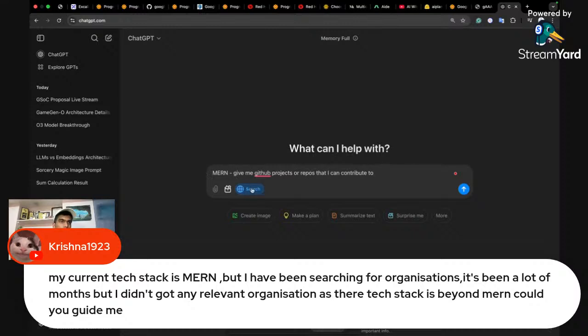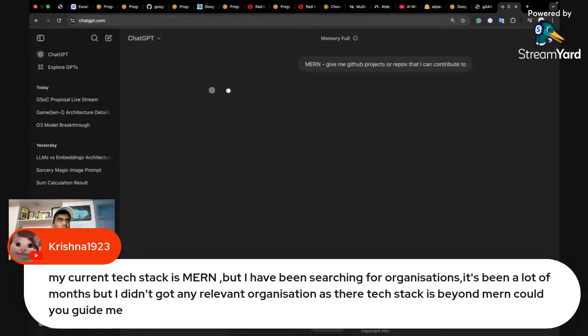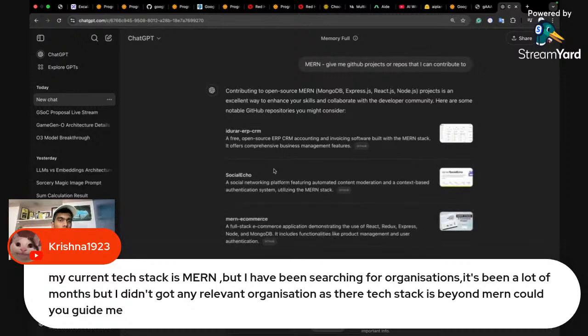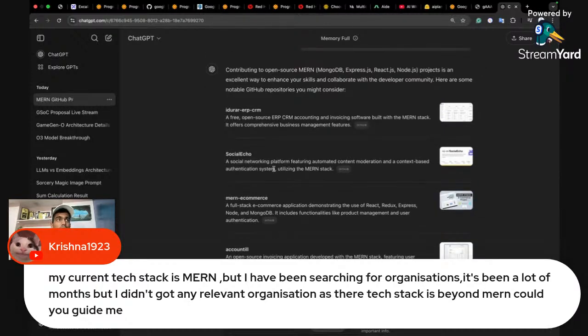So you can use search GPT, you can use lists of GitHub repositories. Even if they're not part of Google Summer of Code, try to contribute to them so that you will have an understanding of how large code bases are written. Once you contribute to these repositories, then you can come back to the Google Summer of Code organization and contribute to them. Even I didn't contribute directly to TensorFlow.